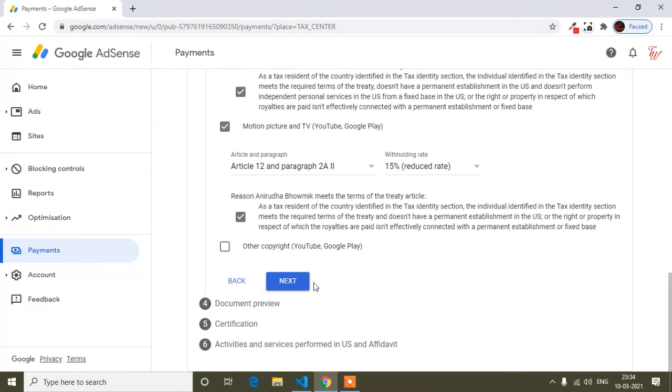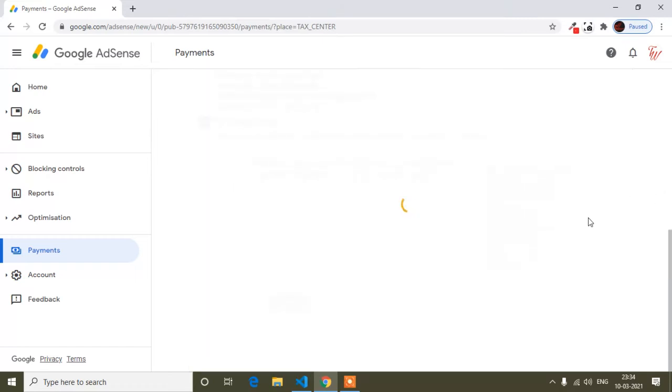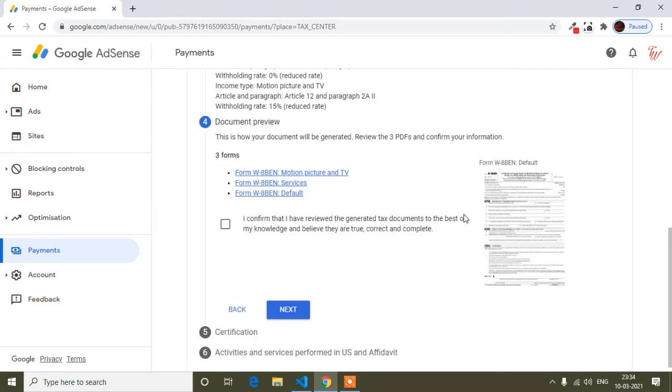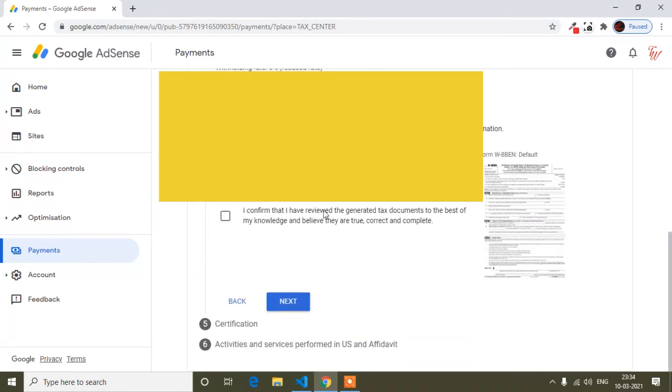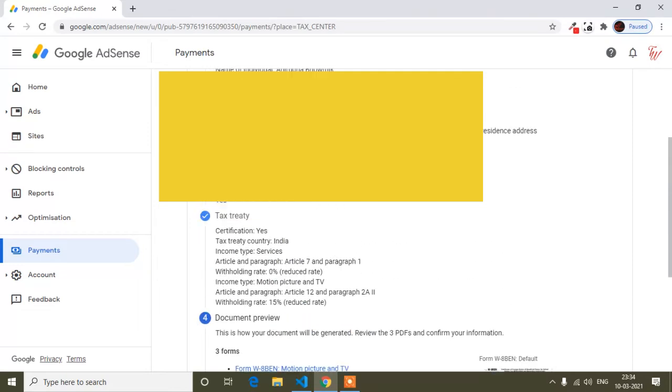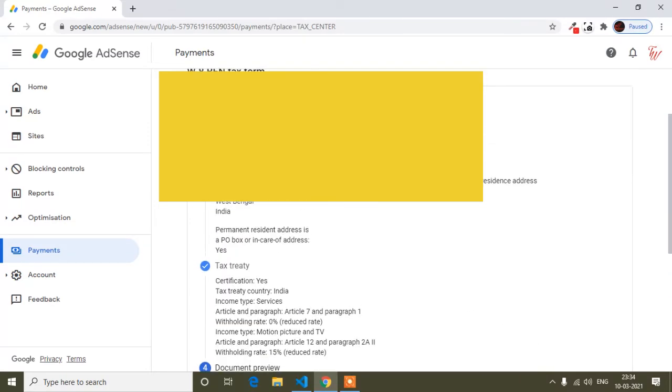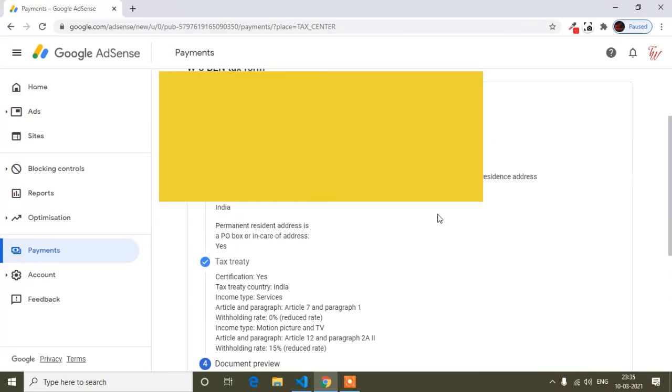Okay, and now I will click the next option. And now guys, it's done, and I confirm that I have reviewed the generated tax documents to the best of my knowledge. So here you check whether all the details are correct or not.